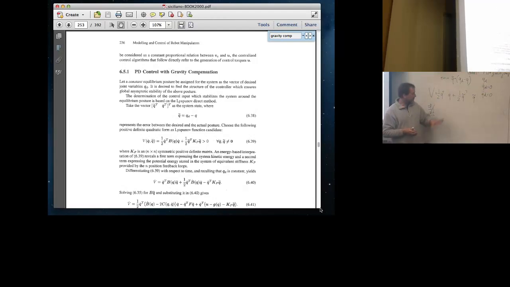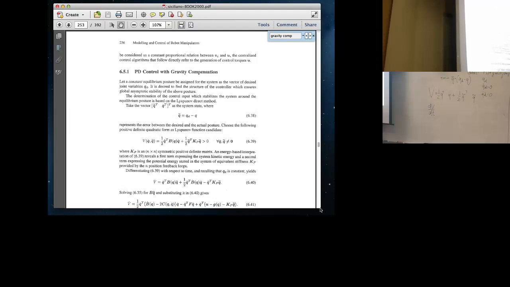And this is how things work. You start with something simple like this. You do your analysis, push it through. You figure out something didn't work. You go back to the design, change your Lyapunov function, do it again, and you iterate until you get what you want. Now, I don't have that much time, so